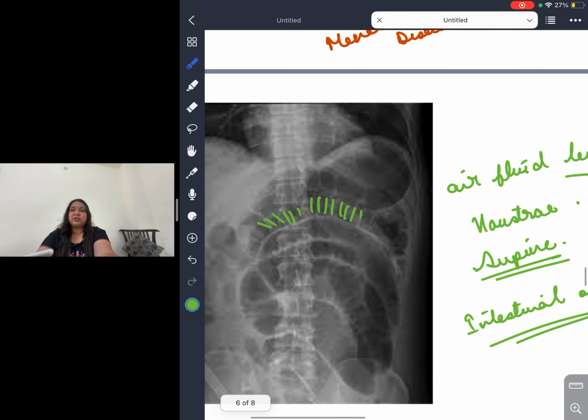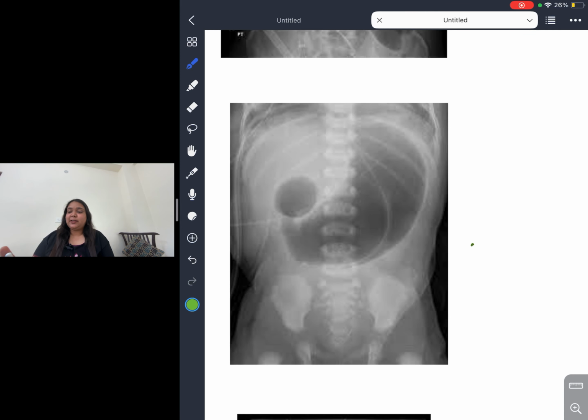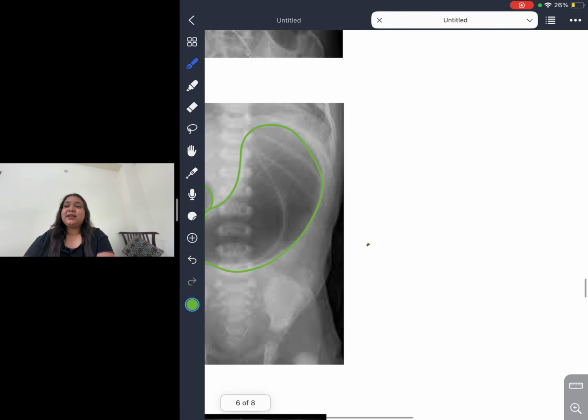Intestinal obstruction with haustra, supine position. So now let us start with another image. If you look at this image, you can find there are two bubbles over here. Single bubble sign was congenital hypertrophic pyloric stenosis. We saw the single bubble sign there. Now here we have two bubbles. If you find two bubbles, this is suggestive of duodenal atresia.